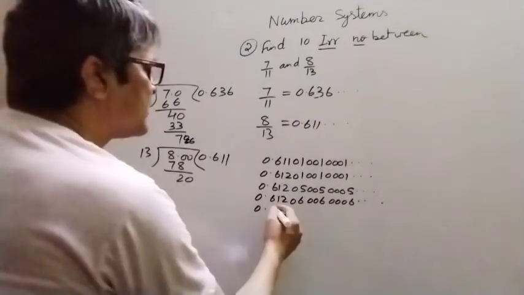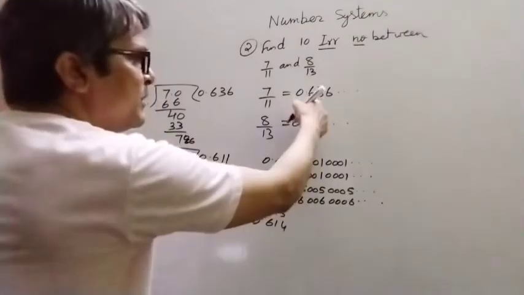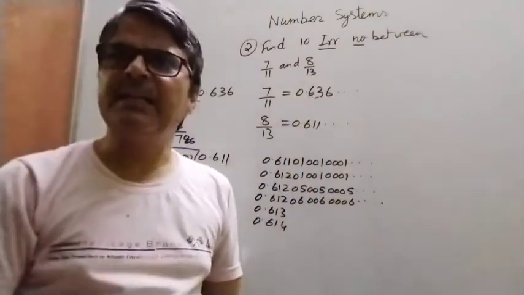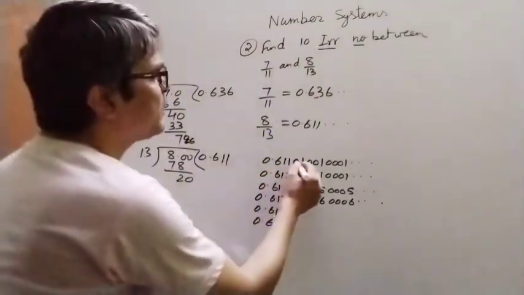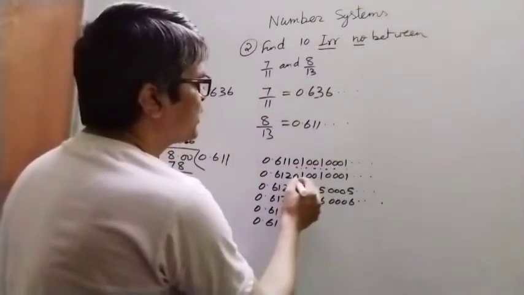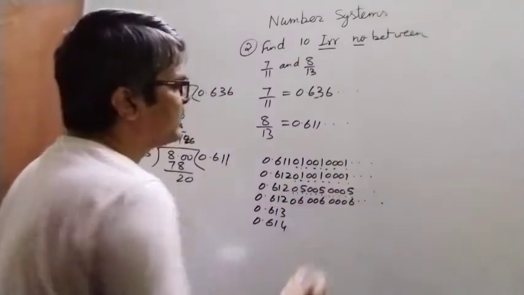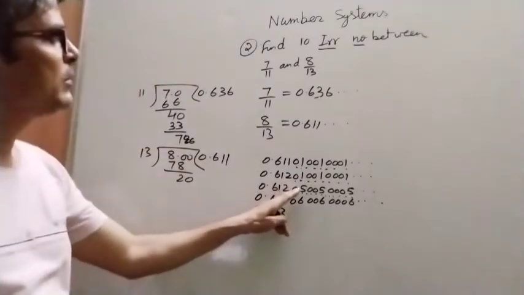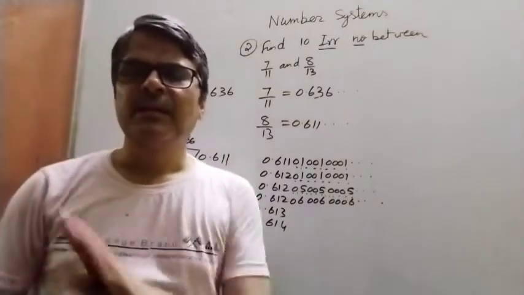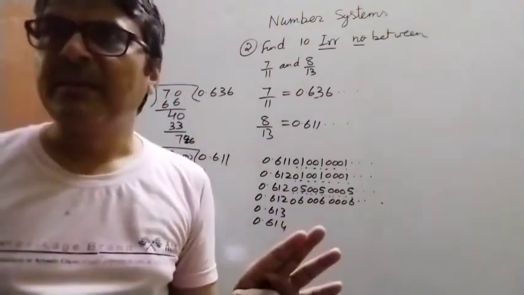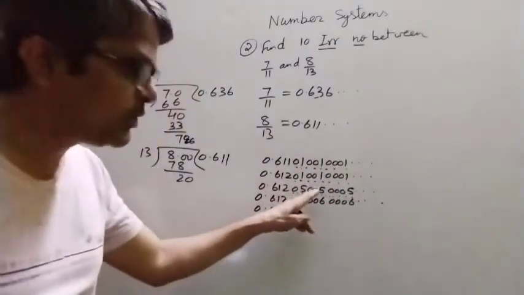You can write 613 also, 614 also, up to 635, and easily you can find 10 irrational numbers. But this pattern you have to follow. This one is the most important one. Why am I writing it like this? Because after 10, 20, 30, the same digit is not repeated. It means it is not a repeating decimal, because there is 10, 20, 30.